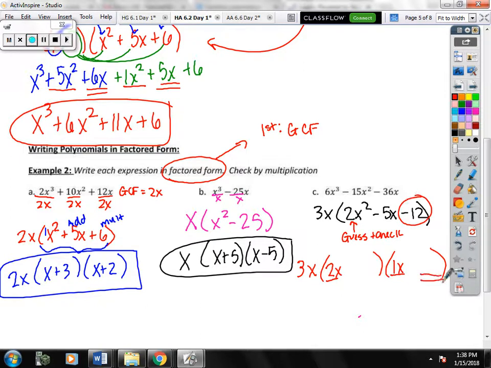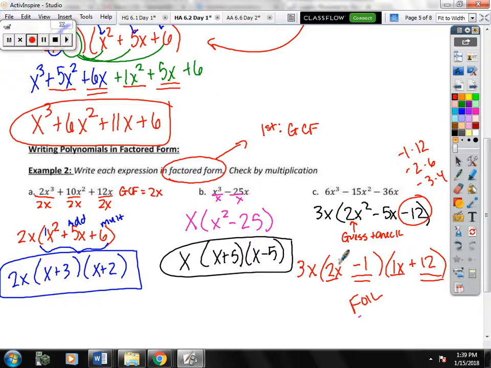These 2 numbers have to multiply to get me a negative 12. So that could be negative 1 and 12, negative 2 and 6, negative 3 and 4, or putting the negative with the other term. Now, you're not saying which of these adds to negative 5. You're saying when I FOIL this, which one of them is going to get me negative 5. So you literally just have to guess and check until you plug it in. So if I start with 12 and 1,